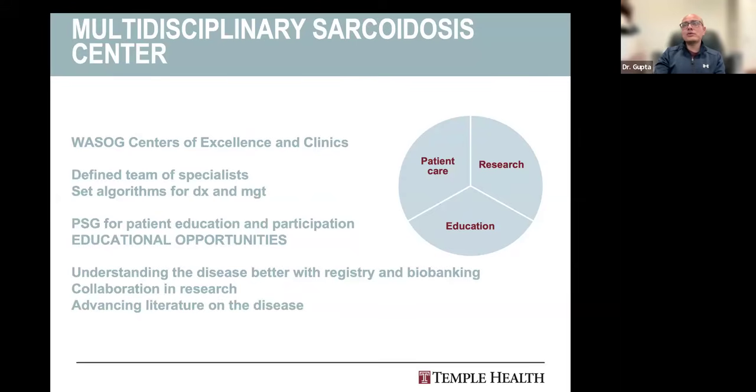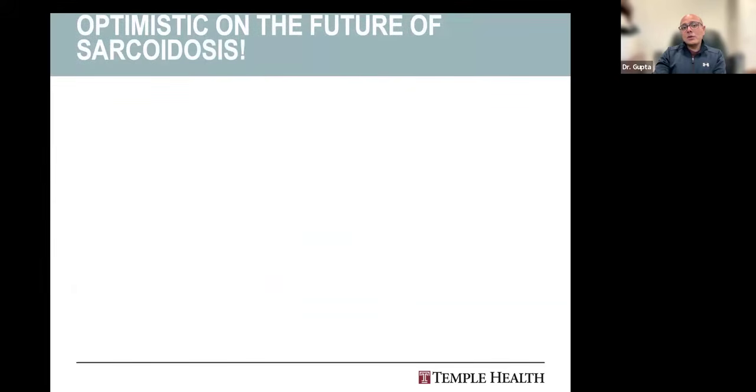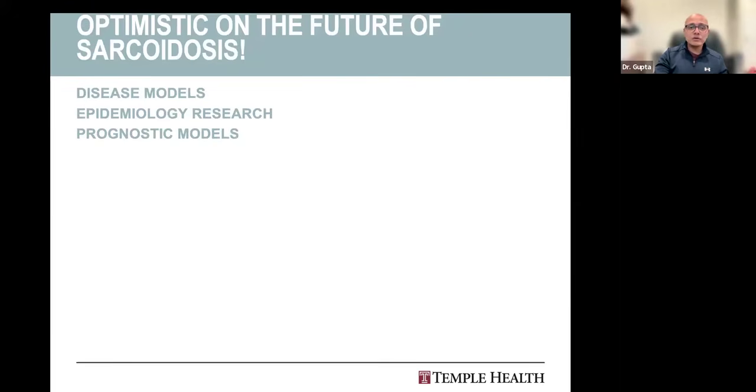And I think the future lies in collaboration with multiple centers, trying to get on with registries, biobanking, trying to collaborate in research and clinical trials to advance the literature on the disease, to find the solutions to all the questions which you and we ask in this disease, and then go from there. I don't want to be totally pessimistic. I am optimistic in the field that there are disease models which are coming up. We didn't really have great models so far. There is a lot of epidemiological research going on. There are prognostic models being